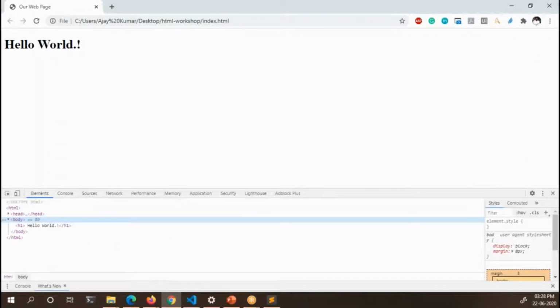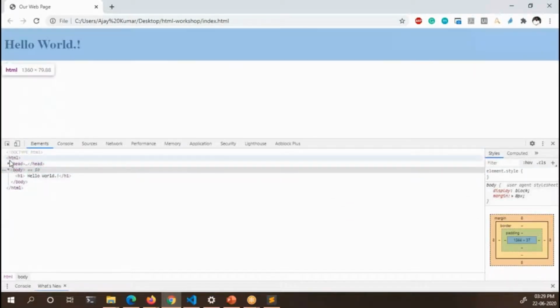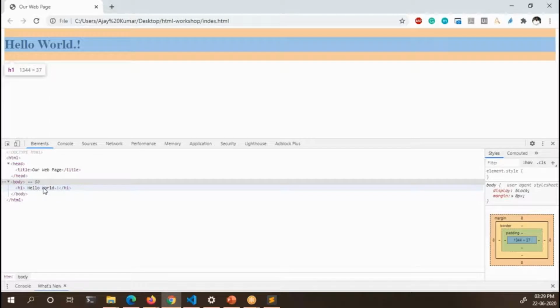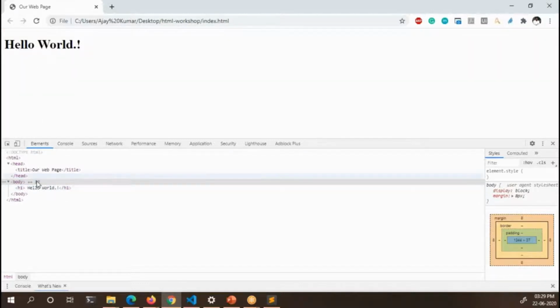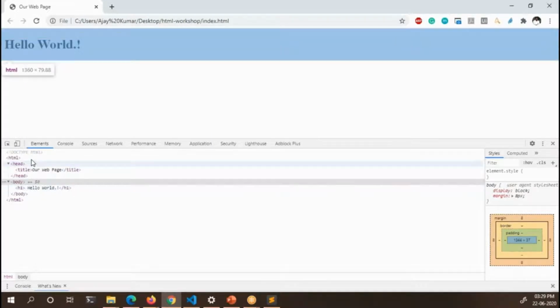Here you can easily identify the HTML text that you're executing. Okay, so you can see whenever I hover over a specific HTML element, it will be highlighted in the actual page, right?